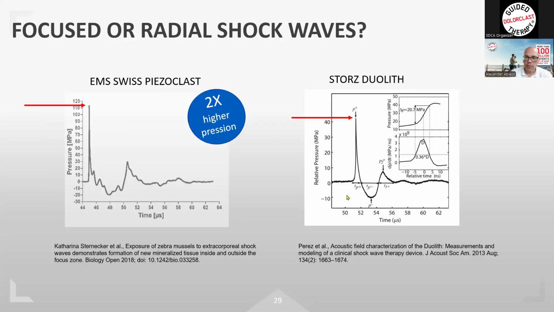So 1/10, it's less than 10 minus 10 megapascal of pressure in the negative, in the tensile phase. And if you remember, we need a large tensile phase to create a lot of cavitation bubbles to generate a lot of energy density in the tissue. With these two graphs, you already have the proof that it's almost